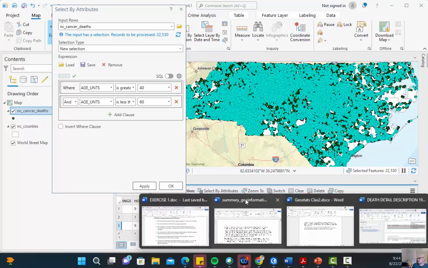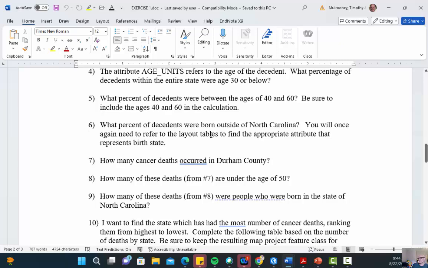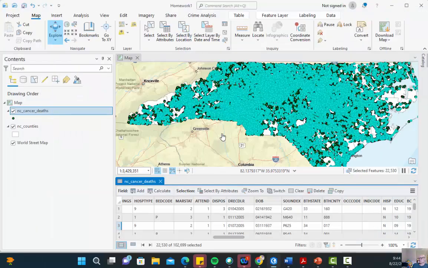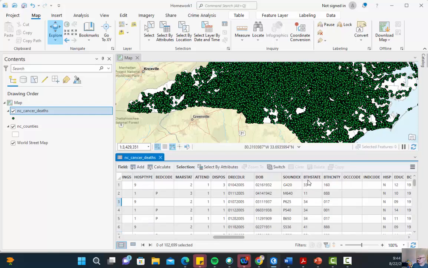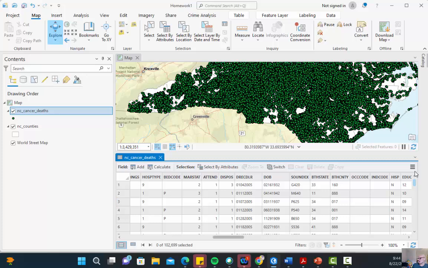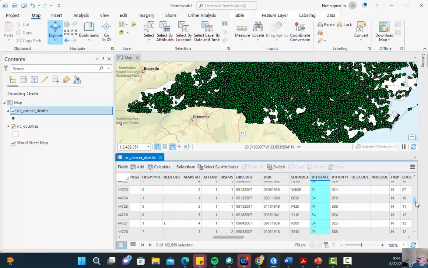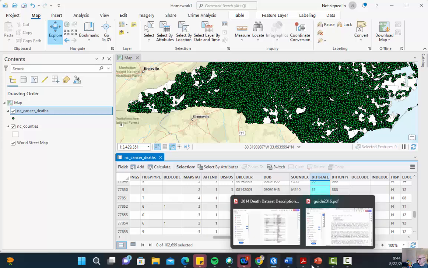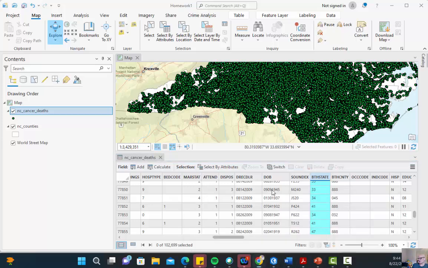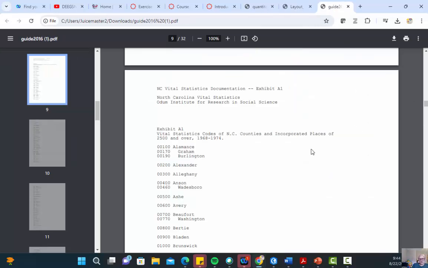Let's start getting into some of the questions that we didn't go through yet here. What percentage of decedents were born outside of North Carolina? Let's refer to the layout table. What percent of decedents? So let's figure out. All right, birth state. So we got this thing here called birth state right here. Which one is North Carolina? I bet you it's probably going to be 34, but let's go through and double check on all these here as well. So we got this layout table, we got this guide,